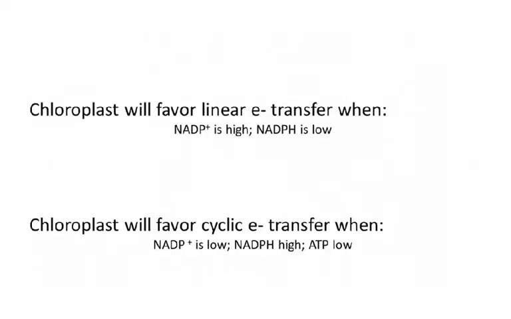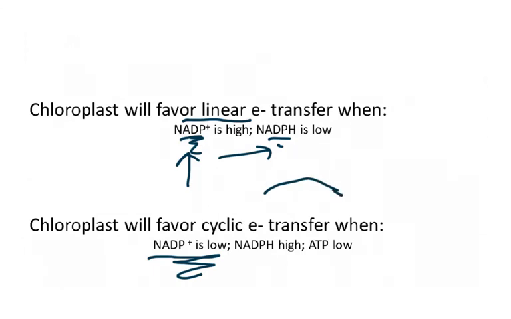So the chloroplast actually changes which way it favors. The chloroplast favors the linear transfer. If it's got a lot of NADP+, then it's like, oh, well, I need to be reducing this. But once again, it's not cognizant. It's not thinking, oh, I need to be reducing it. It's just, look, there's a lot available. So look, we're going to do a lot of this. But if we don't have a lot available, then you kind of get to a point where it's like, oh yeah, I'm